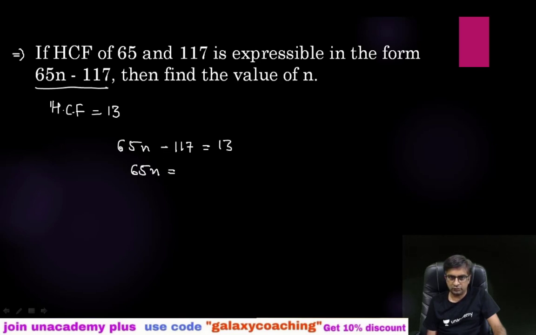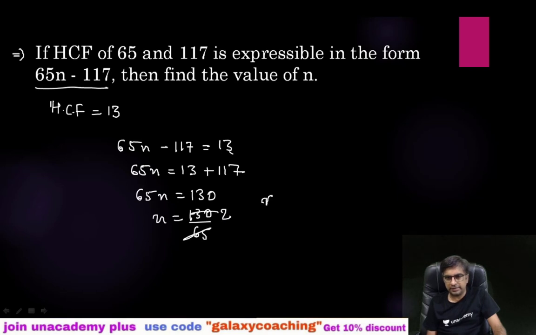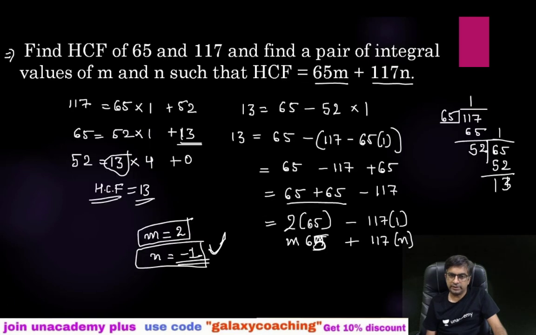Now take this on that side. When a single term you need to find out, at that time this will be very much easy. Minus will become plus. 13 plus 117. So 65n equals to 130. So n will be 130 by 65. 65 twos are 130. So your n will be 2. When you just need to find out one term, m or n, at that time directly you can do this. But when you need to find out two missing terms, then you need to go with this reverse order, one by one. If more terms are there, then more times you need to do this reverse order, and you need to solve like this.